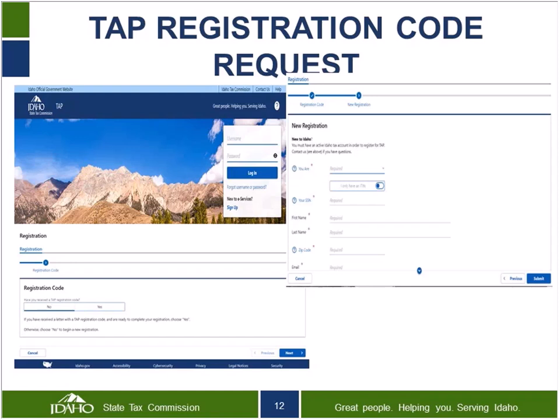If you are a business, it's going to ask you for your EIN number and then some basic information. The blue fields that you see there are all required, but the blue fields are what our system on our end is going to verify. It's going to verify your EIN number, but it's also going to verify your zip code. It's looking for your location zip code. So once you have filled that out,